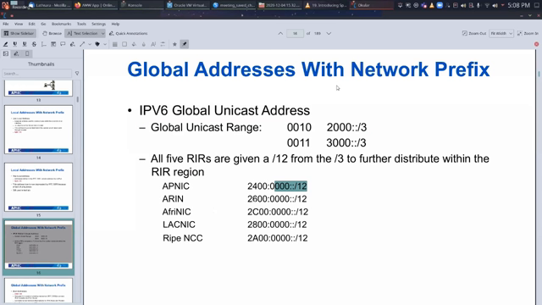For the ARIN, the 2600::/12 network. For the AFRINIC, the 2C00::/12 network. For the LACNIC, they have assigned the 2800::/12 network. For the RIPE NCC, they have assigned the 2A00::/12 network. So that's why whenever you are going to take the IPv6 address to the Sri Lankan context, you